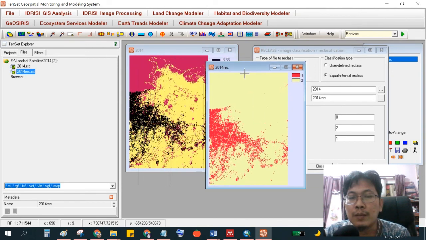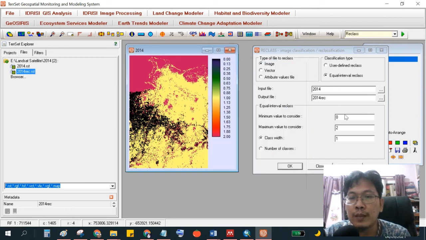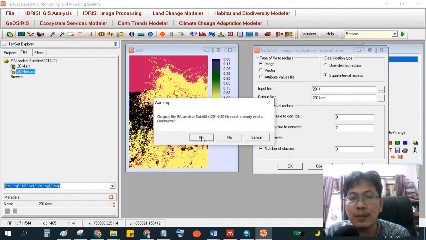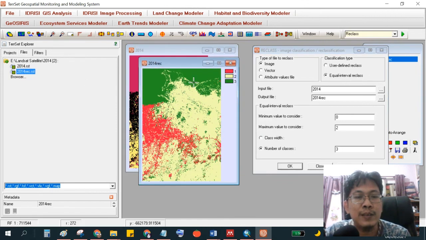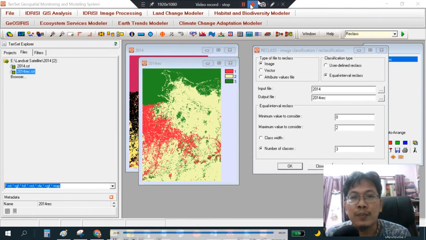So we go back again, and I think we use number of classes 3. Okay, we replace. Okay, we have the result here. 1, 2, 3 classes, 1 for build up, 2 vegetation, and 3 is for